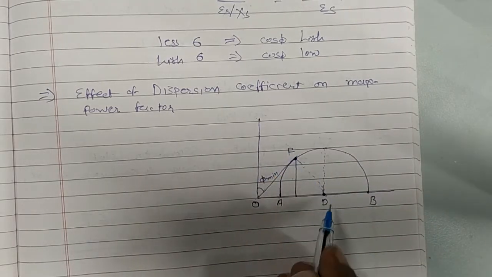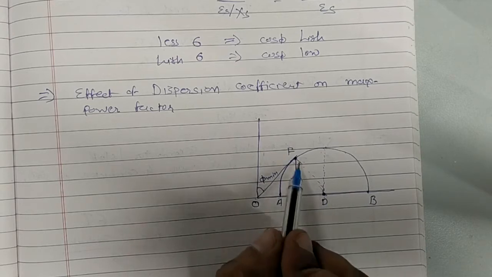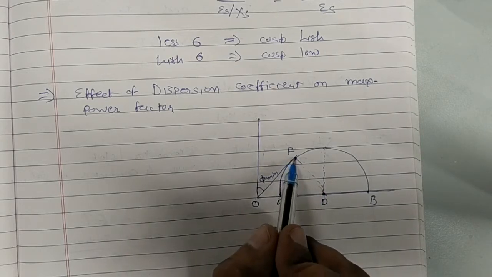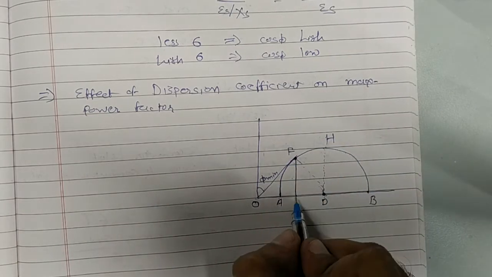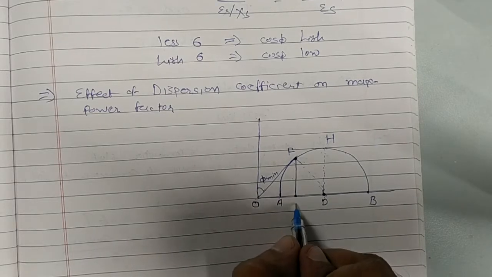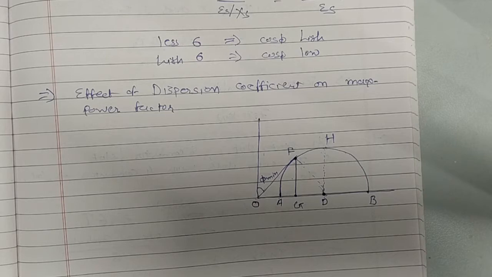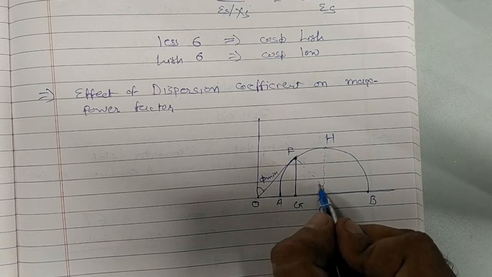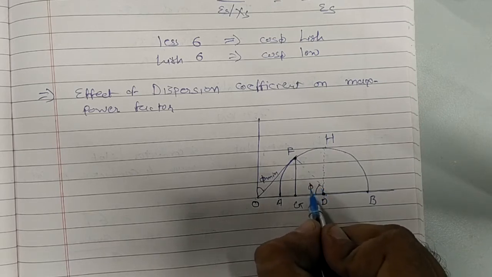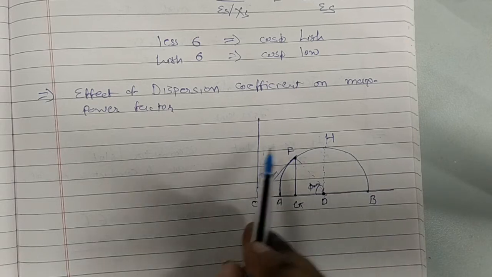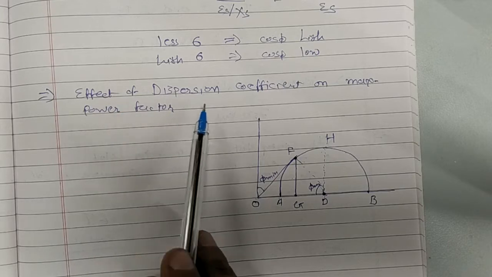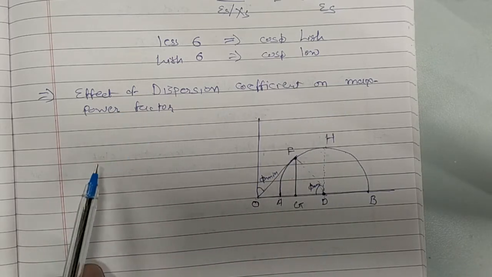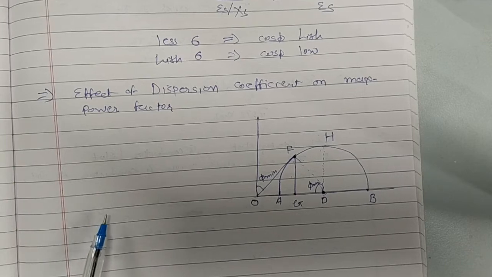Let us say this is F. So DF is also the radius, because it is from the center to the point on the semicircle. Let us indicate H over here, and let us indicate the drop down point G over here. If you apply the law of trigonometry, we are again going to find that this angle is phi minimum. We are going to utilize this simplified circle diagram to understand the effect of the dispersion coefficient on the maximum power factor which is available.